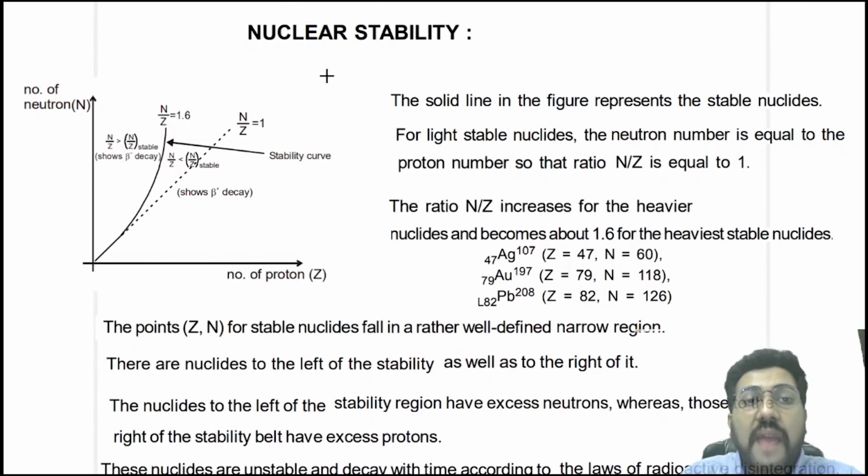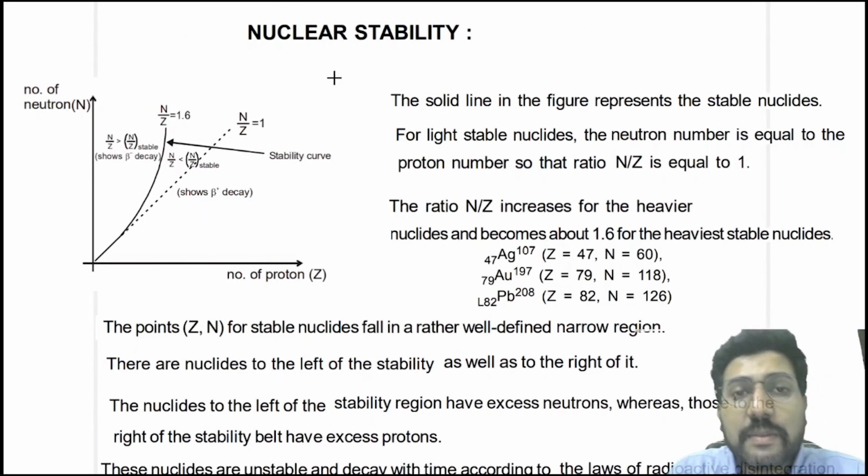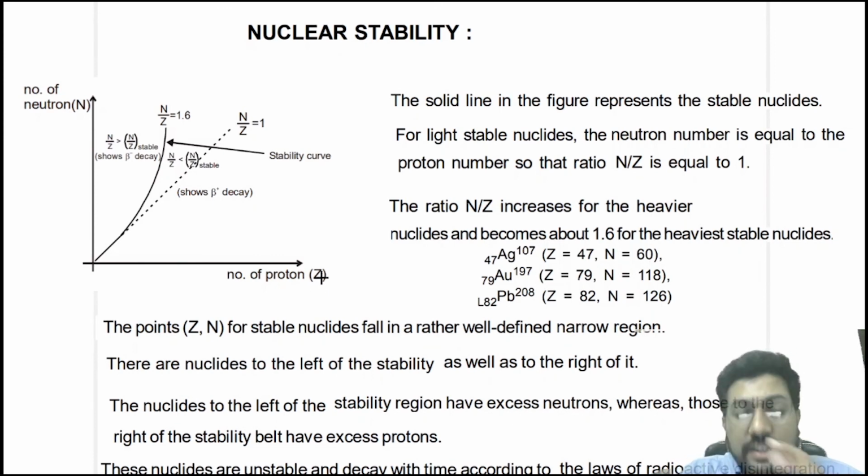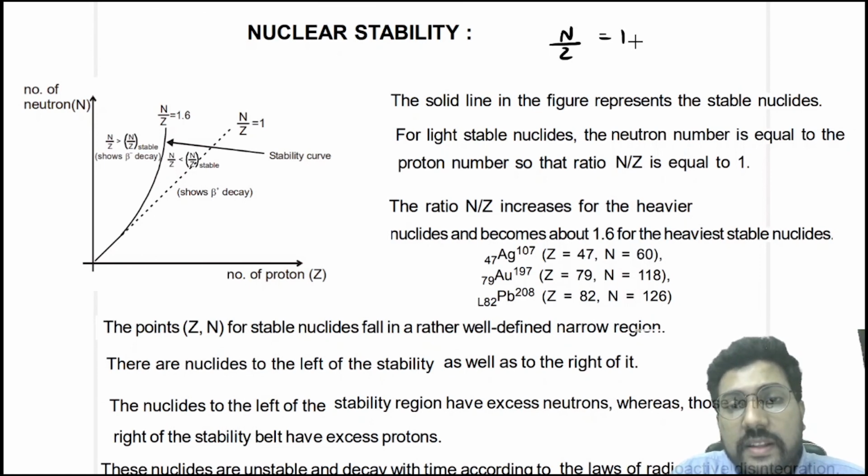Okay. Now we will discuss the nuclear stability curve. The nuclear stability curve is a curve between the number of neutrons and the number of protons. We know that a nucleus is stable because of the strong nuclear force that is acting between the nucleons, even though there is a strong electrostatic repulsive force between the protons, right? So the nuclear stability curve says that for smaller nucleus, that is up to calcium, N by Z ratio is almost equal to 1. That means the number of neutrons is equal to the number of protons.